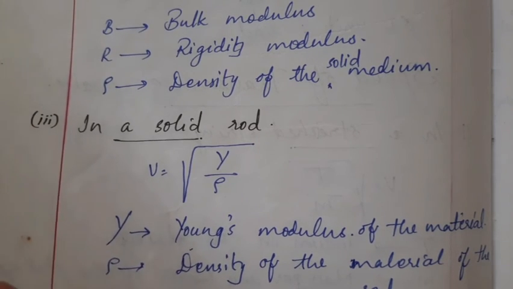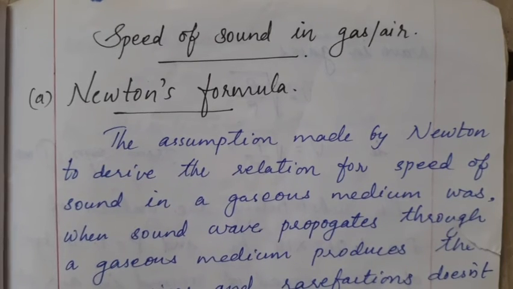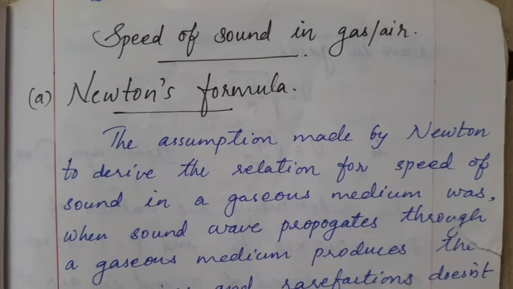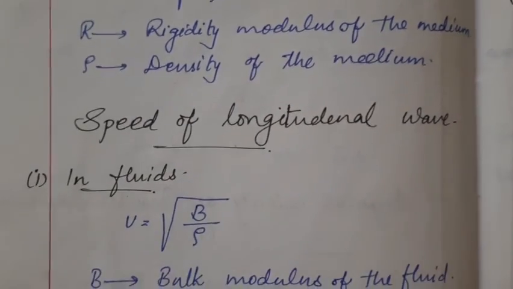Now let us consider the particular longitudinal wave, that is sound. So here let's first consider the speed of sound in gas or air. We know that sound is a longitudinal wave, and we can calculate the speed also. Already we have seen that the speed of a longitudinal wave in a fluid medium is root B by rho,